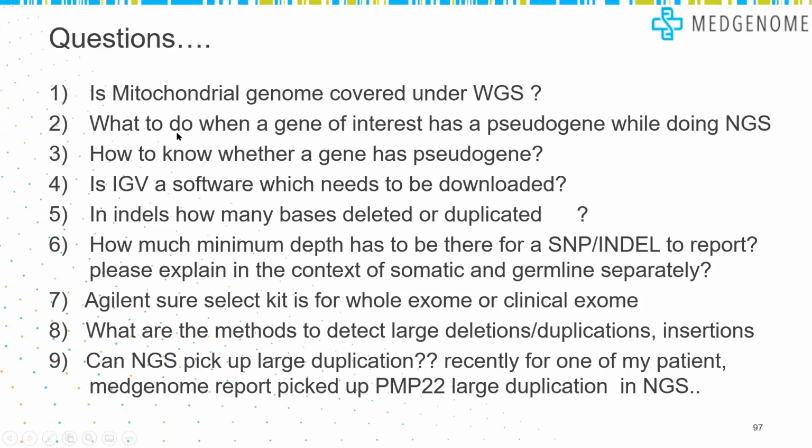Then the question is what to do when a gene of interest has a pseudogene while doing NGS. One thing is, before sending for NGS, if we are aware that there is a pseudogene already, then we recommend going for alternate tests. For example, SMN1 and SMN2 differ only in exon 7 and 8 by 2 nucleotides. So SMN is just, I think, less than 4 or 5% covered in the NGS. So directly we have to go for MLPA. Similarly, for CYP21A2, which has multiple pseudogenes, we recommend directly going in for a panel or a combination of sequencing